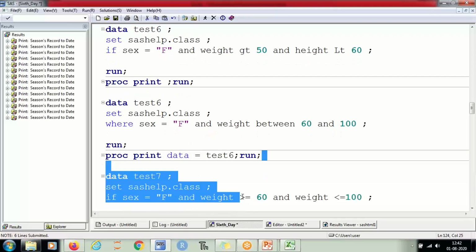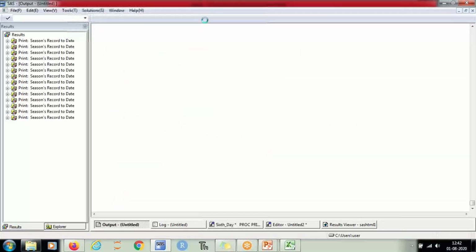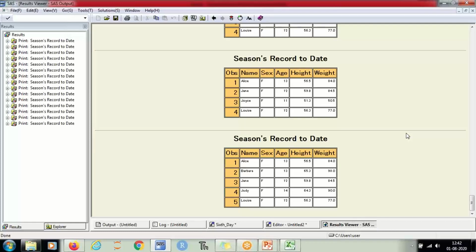You can use keywords like this with where. If you have to write the same program with if, you will be using this command.